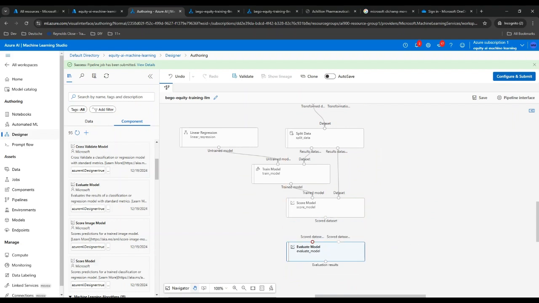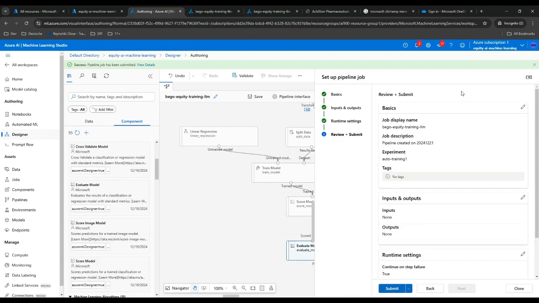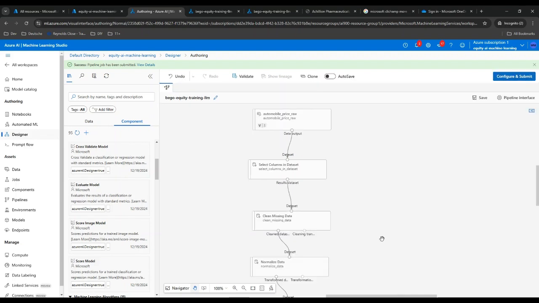So for the evaluation, the theory is there are so many numerical values, like mean errors. For classification, we have things like accuracy, precision. There is a theory behind it. So here, what we're going to do is connect the output of the score to the evaluation model. Yeah. So once we have done that, then we rerun again. This might take a while,